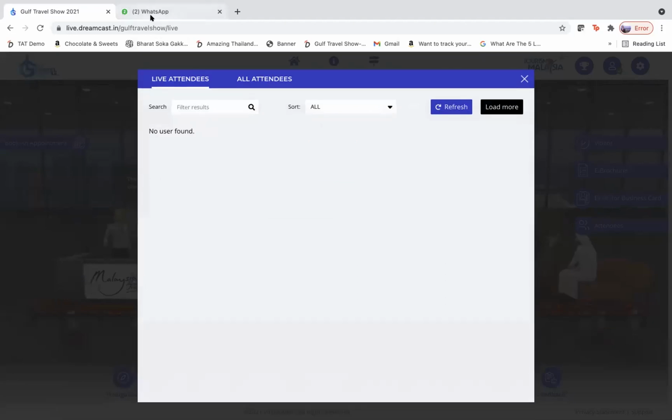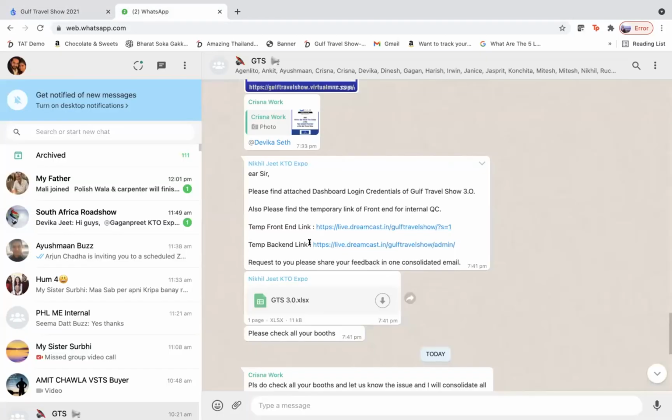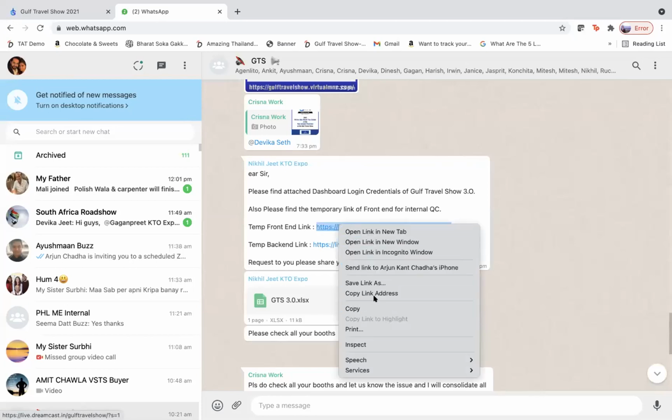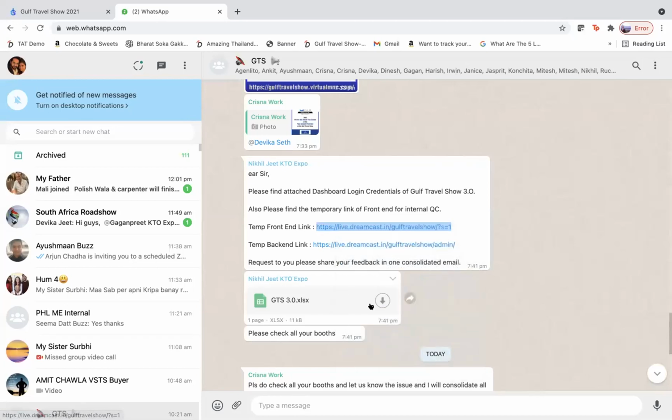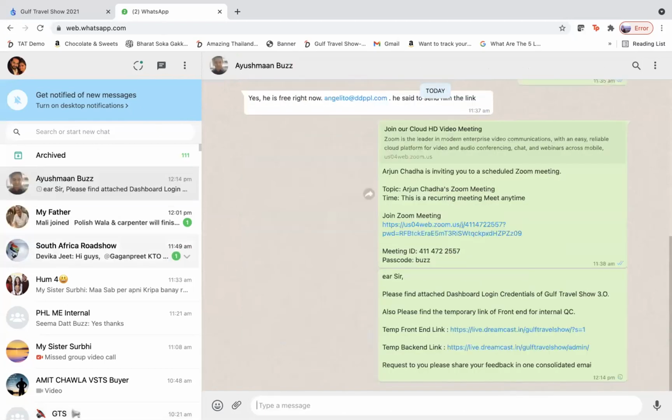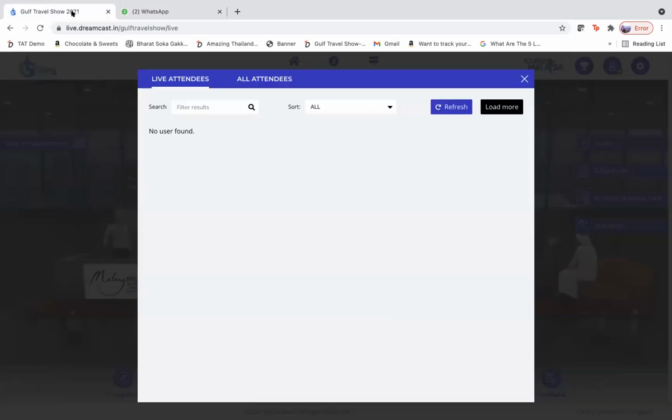I'm clicking the book appointment. No, not the book appointment. I'll try to tell you how. So I have copied. What are you saying, Ayush? Can you put this link on WhatsApp? It is on WhatsApp. The links are already on the WhatsApps. Can you put this where you put the link for the Zoom meeting? Okay. Yeah, I've given it on WhatsApp. I'll actually try and sign up myself and show you.